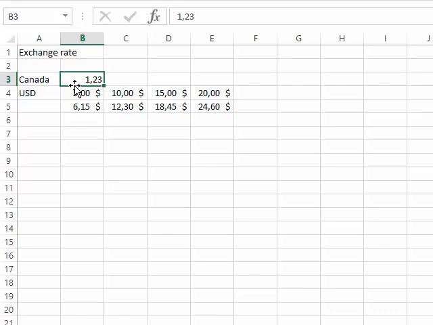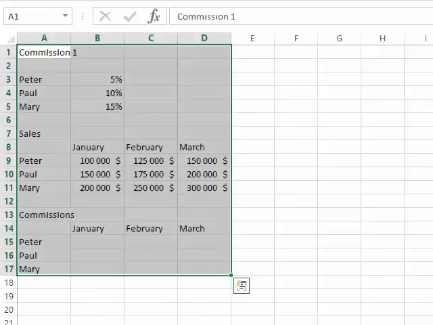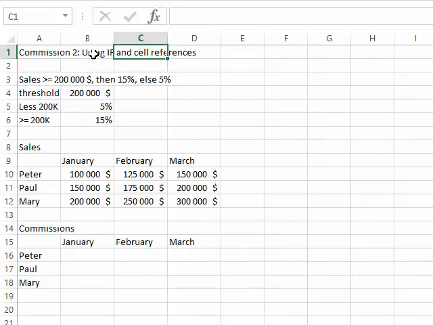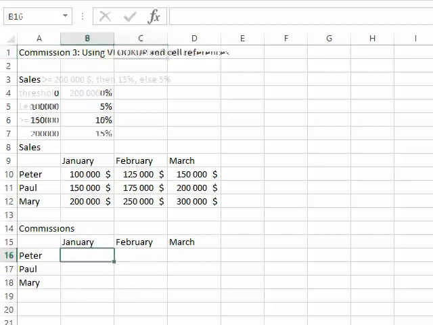You're going to be able to see commission 1, which is going to speak about how to put commissions. Commission 2, that will use the IF function to find the proper commissions for Peter, Paul, and Mary. And you're going to see also commission 3, which is going to use the VLOOKUP function to find the proper